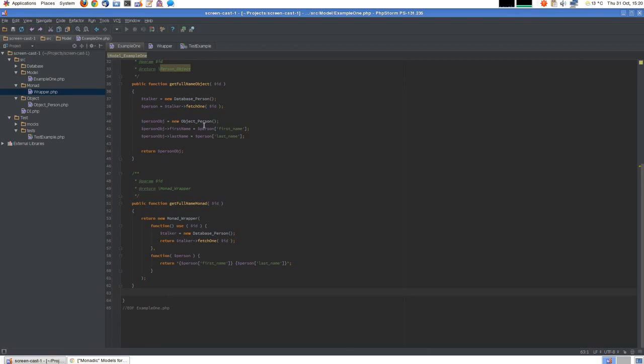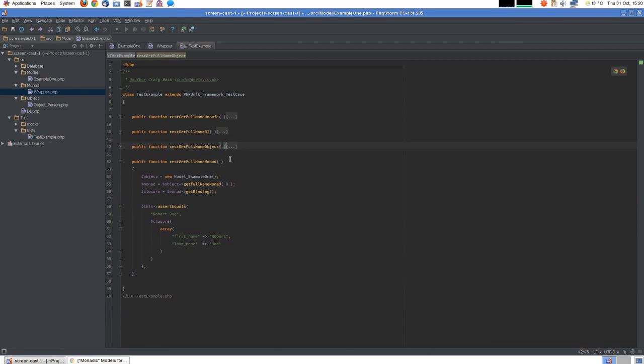So in the test, we've got creating a new object, model example 1. We then call get full name monad, and the argument doesn't matter, so I've just passed in 0. We get back a monad type, and then we get the binding, so that'll get the closure out of there, which has got the pure code in. And then we call that closure with some fake data,